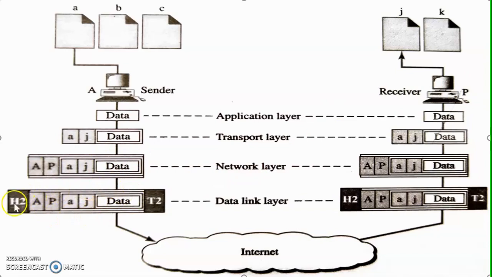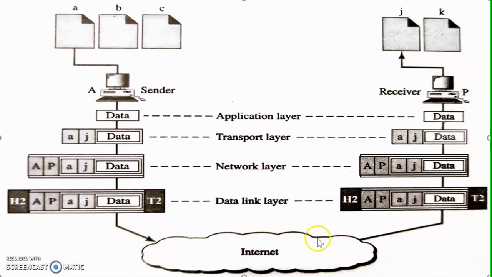At the data link layer, the MAC addresses will be attached. That is, the source MAC address and receiver's MAC address will be attached. Now here the MAC addresses are not shown because MAC addresses will be changed from hop to hop. And in the trailer of the frame, error control information is attached. The data link layer will then pass the data to the physical layer and then the physical layer will send it over the network.